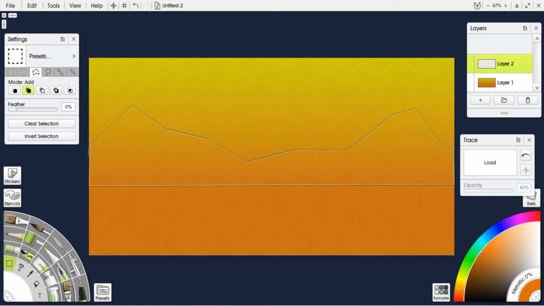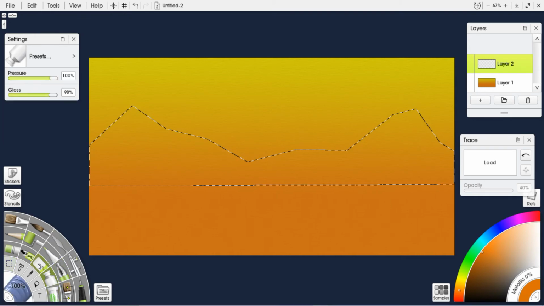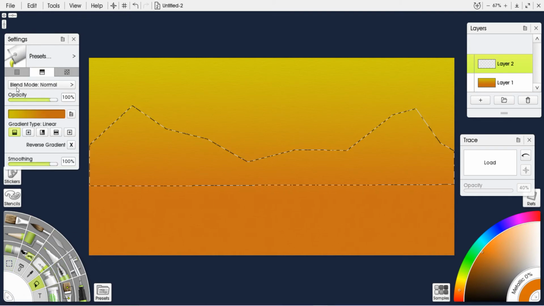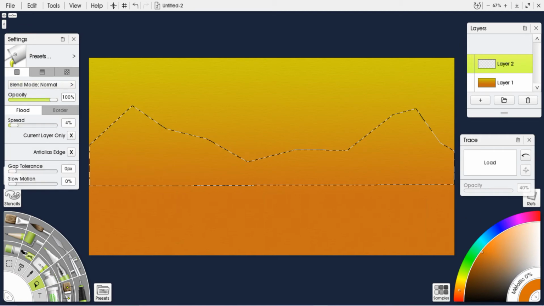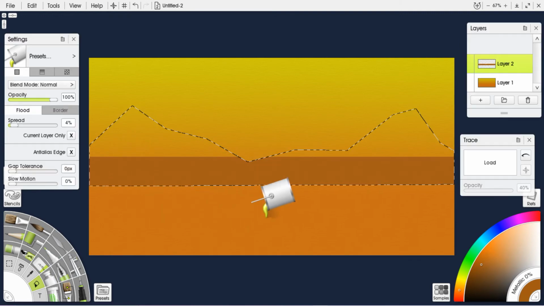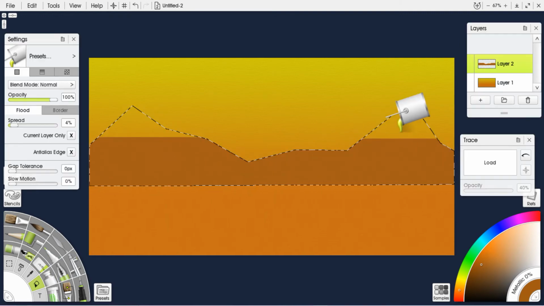Now we have to give the background a color. For that, select the paint tool, and you have to change from gradient to normal, and I am selecting a brown color for the image background, and giving the background to the new layer. It's very easy, and